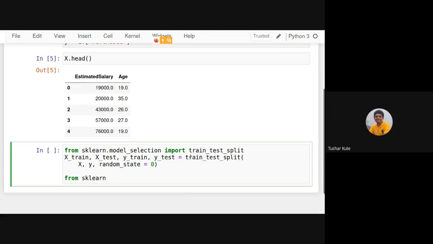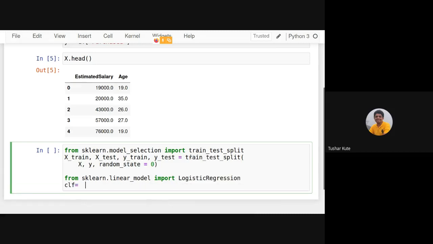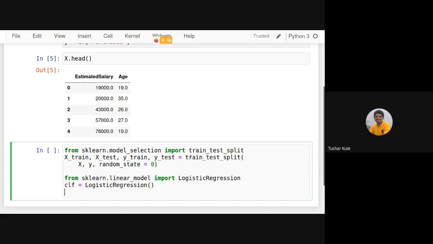Now we'll import the classifier here. Let's say, for example, the logistic regression classifier I will import, and let's create the object of it. We have seen many techniques; this is just an example of the effect of normalization that we are going to see here. So clf, logistic regression, then create the object of it.